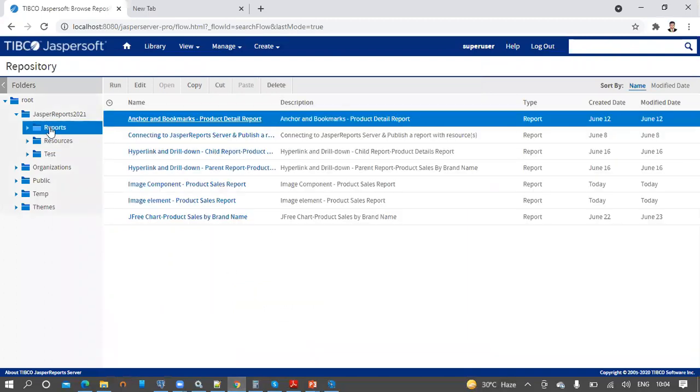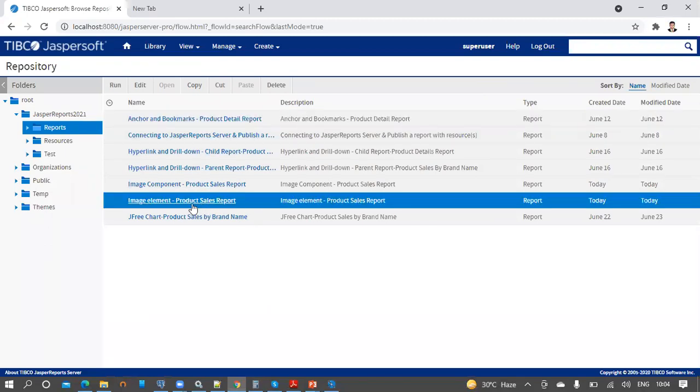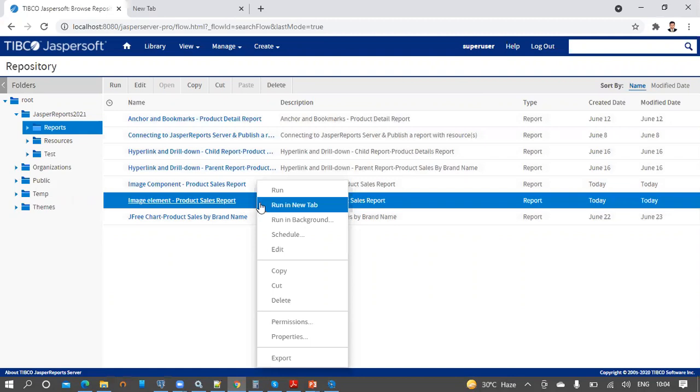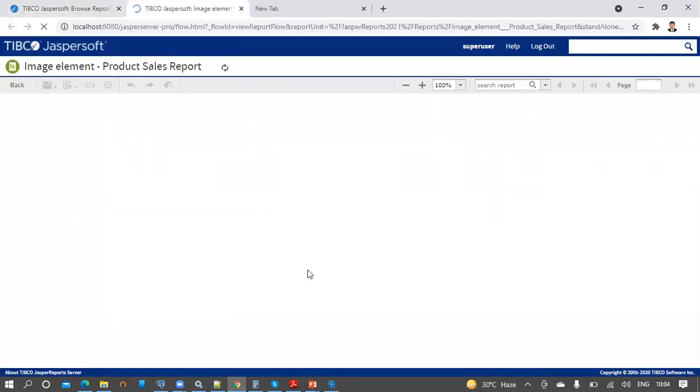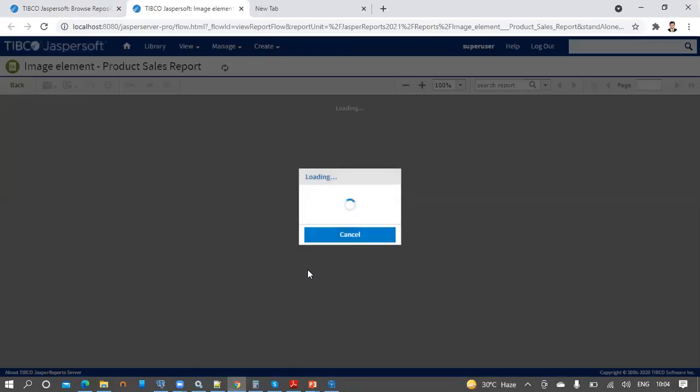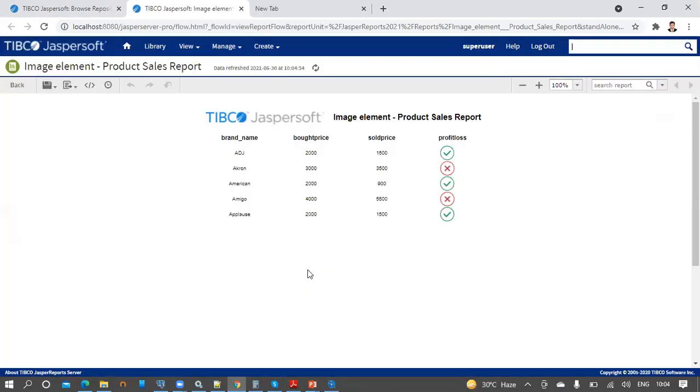So this report should be available in the reports folder here, and the report name is image element product sales report. Right click on it and then click on run in new tab. So we can see that the images are displayed on the report output.